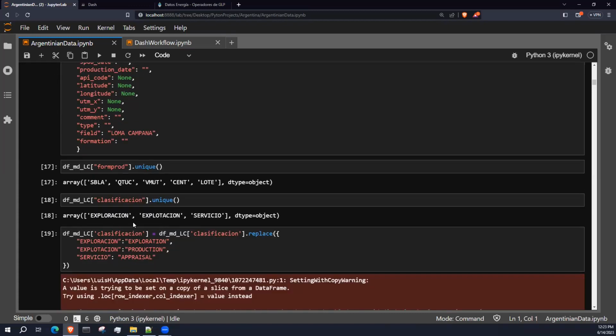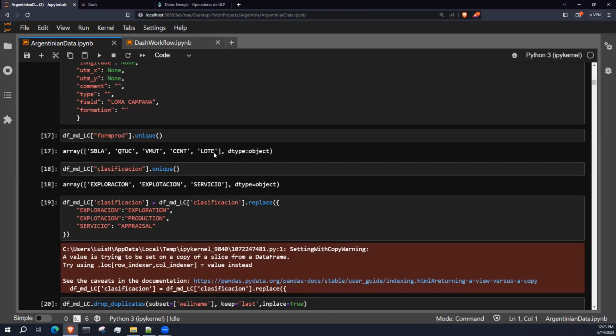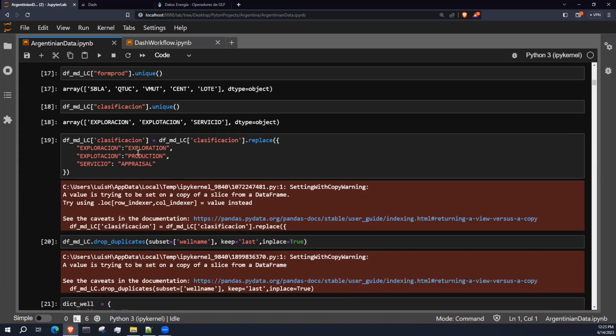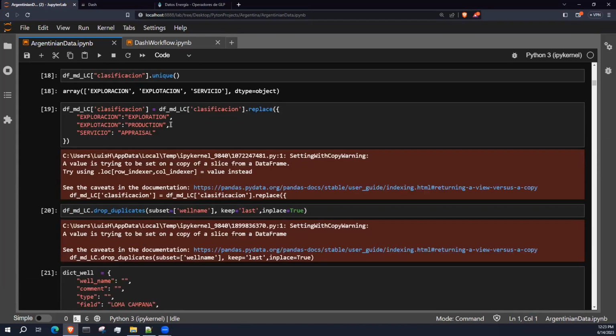I double checked this quality control for formations, and Alana has several types for the well master, whether it's exploitation, exploration, production, appraisal, and so forth. So I did a couple of data wrangling steps to make everything fit appropriately,